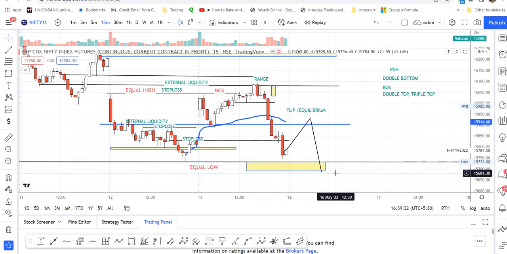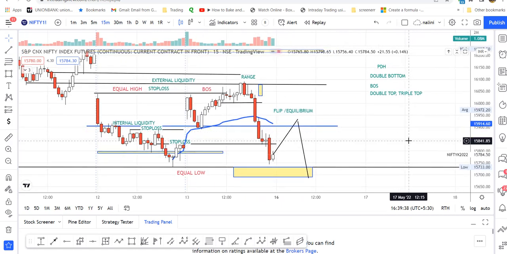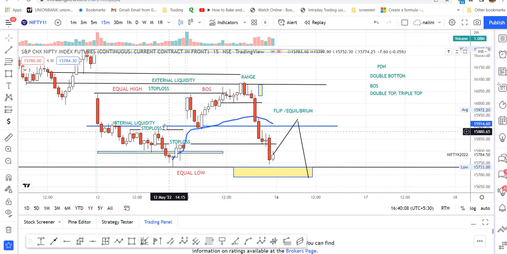I was seeing many YouTubers. I usually watch many YouTubers, day traders who start with how I made 40,000, how I made 1 lakh. Not even a single YouTuber who is showing that they are making money is able to grasp the professional way of what the bank institutions are trying to do. Actually, I was watching a video. I don't want to name the person.